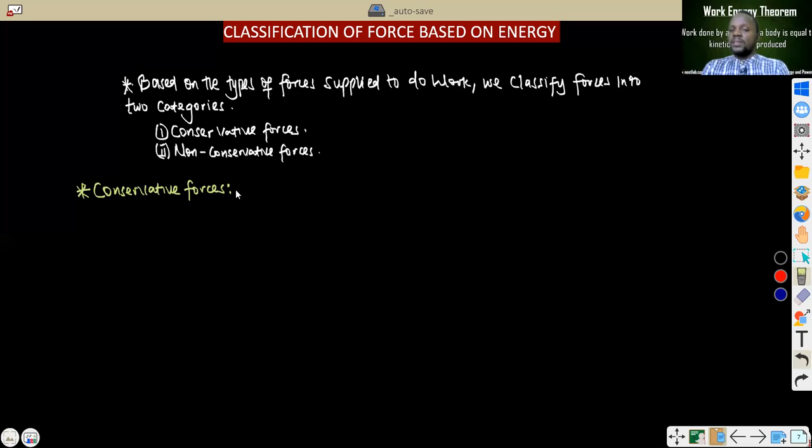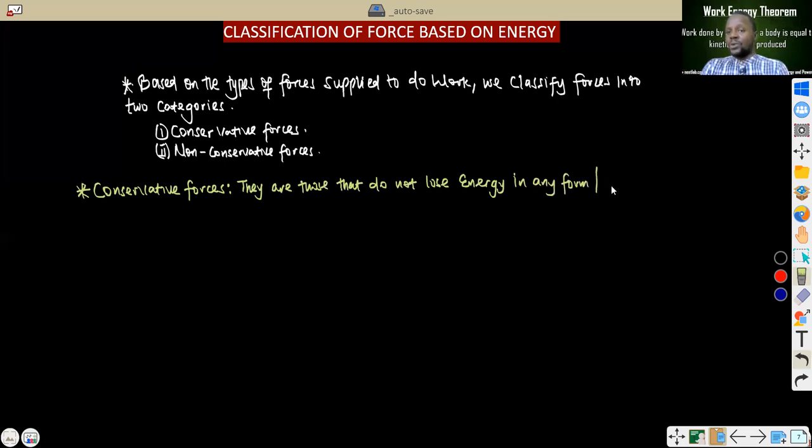I think it is better for us to put that down in the form of a definition. They are forces that do not lose energy in any form,